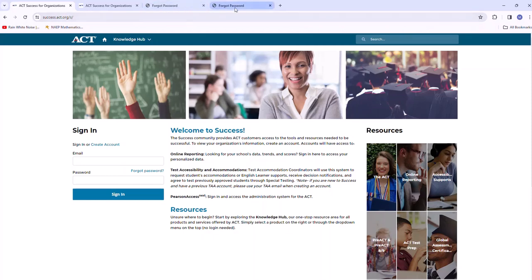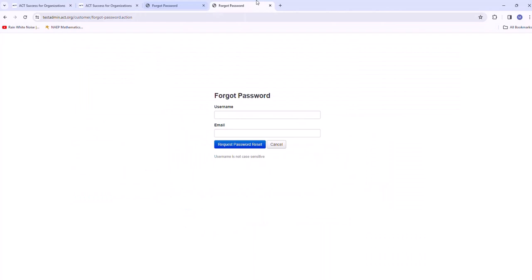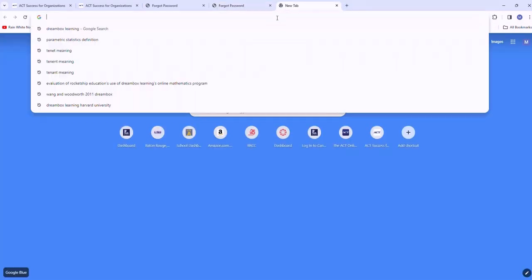If you're going to help Mr. Powell with creating test sessions, you will need access. Whoever is going to be creating test sessions is going to need access to PA Next.